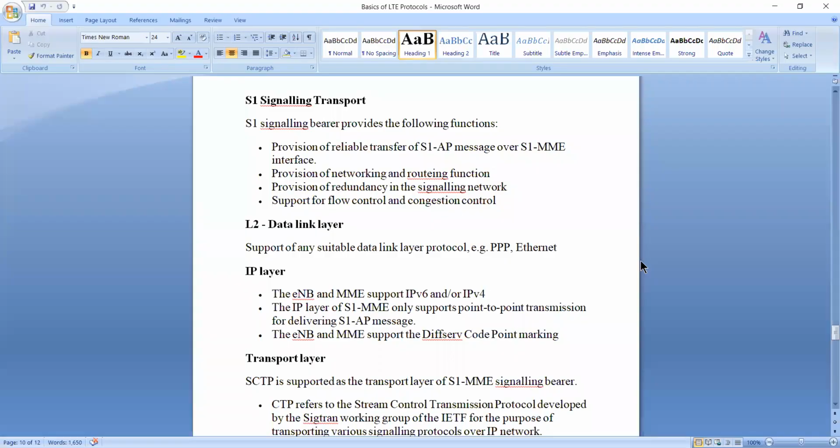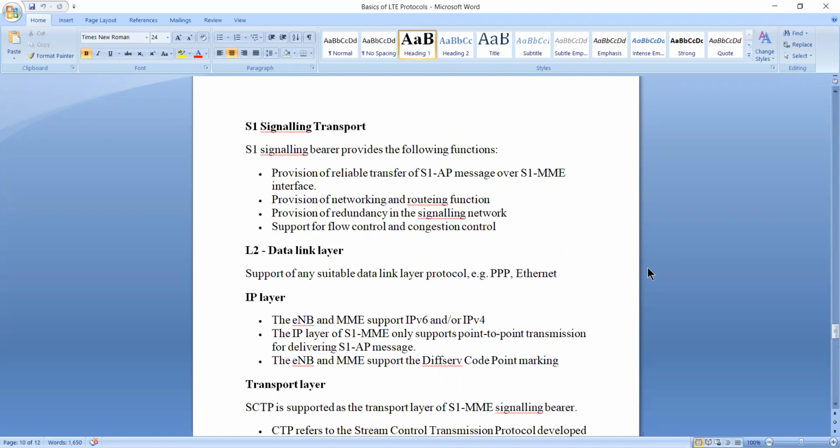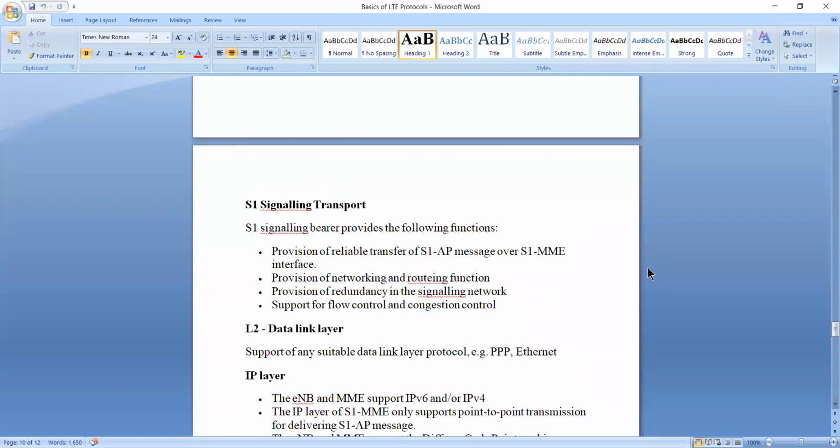Sir, but in Jio, after the end of the subscription pack, they provide 64 kilobytes per second data. Yeah, that's a different scenario. That is also an online charging system. Jio has some special services given to their customers. Other operators will not give. If you go to the Middle East, they will not give.